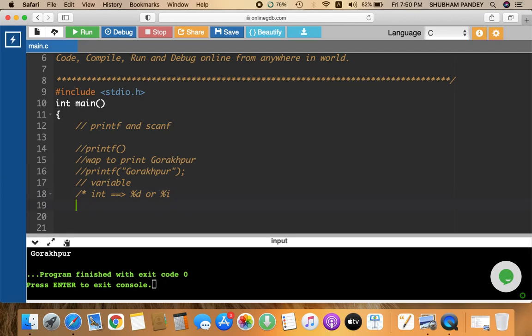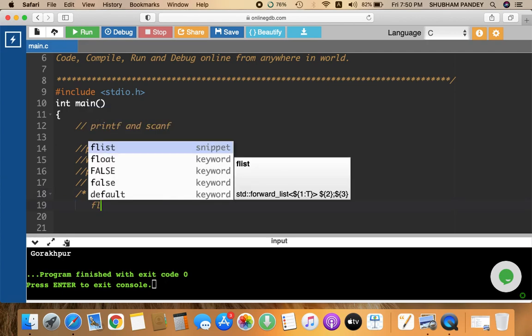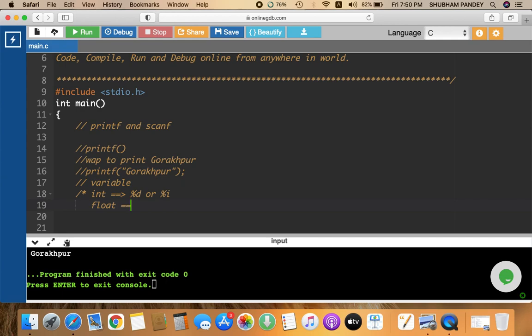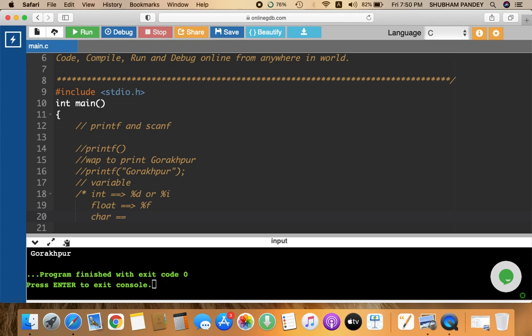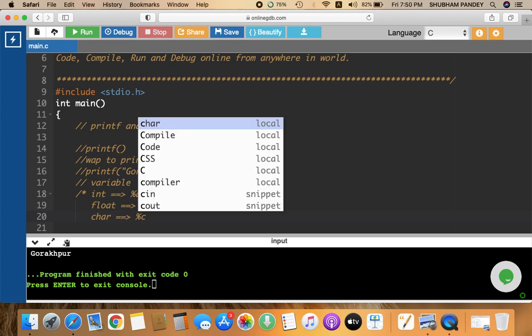If you want to print any float value, then you use the %f symbol. If you want to print any character value, you use %c.